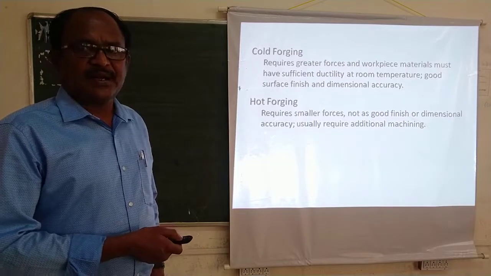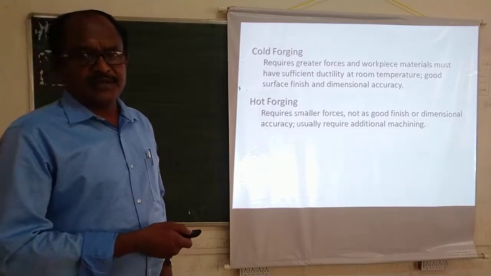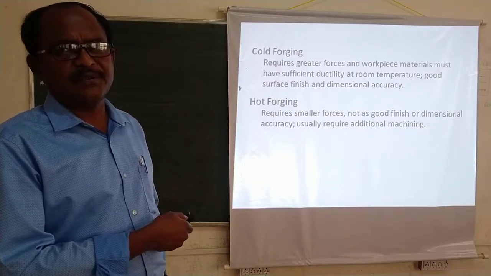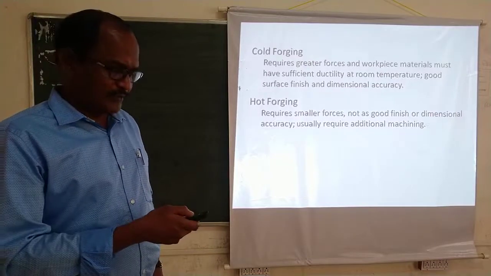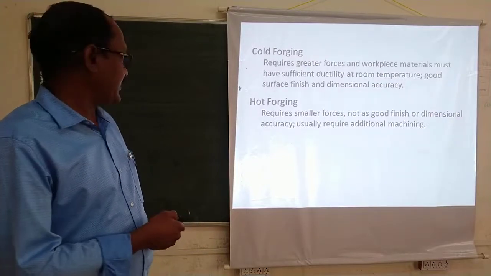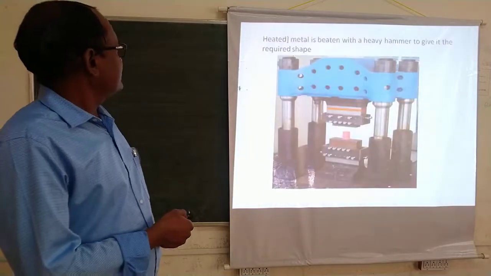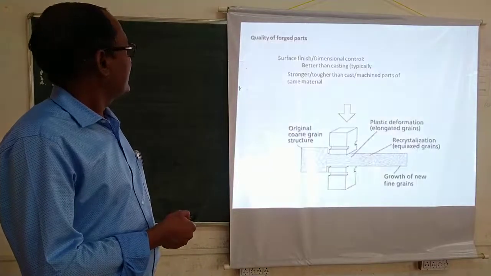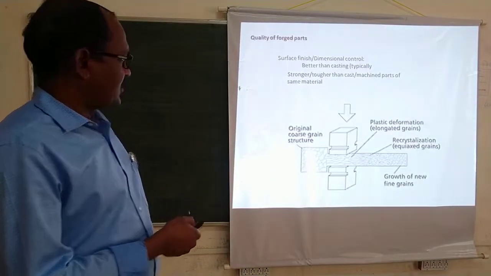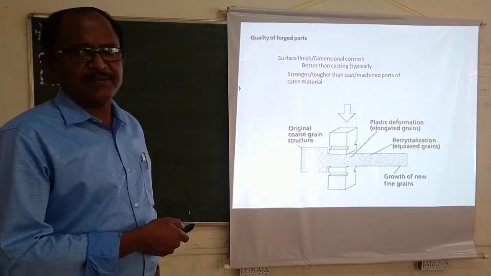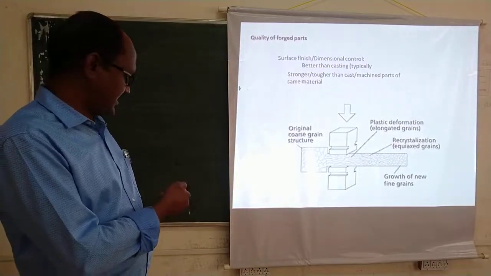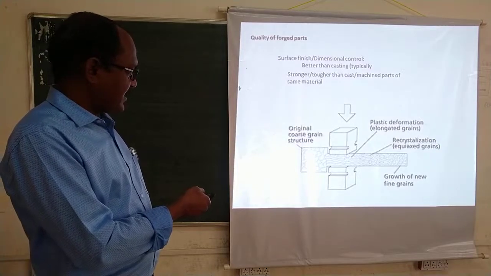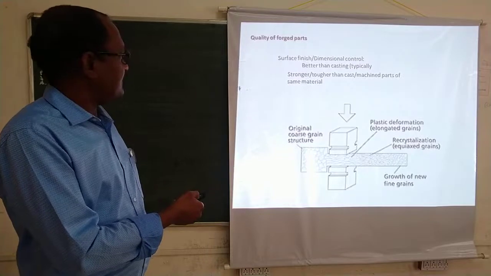If you consider cast iron, cast iron is not a forgeable material. In the last session, at the last slide, you were able to understand which are the forgeable materials and what we mean by forgeability. So this is the open die forging used in industry. The grain structure obtained, this is also not included in your syllabus, but these are the original grain structures obtained after casting, and these are the grain structures obtained after the forging operation.